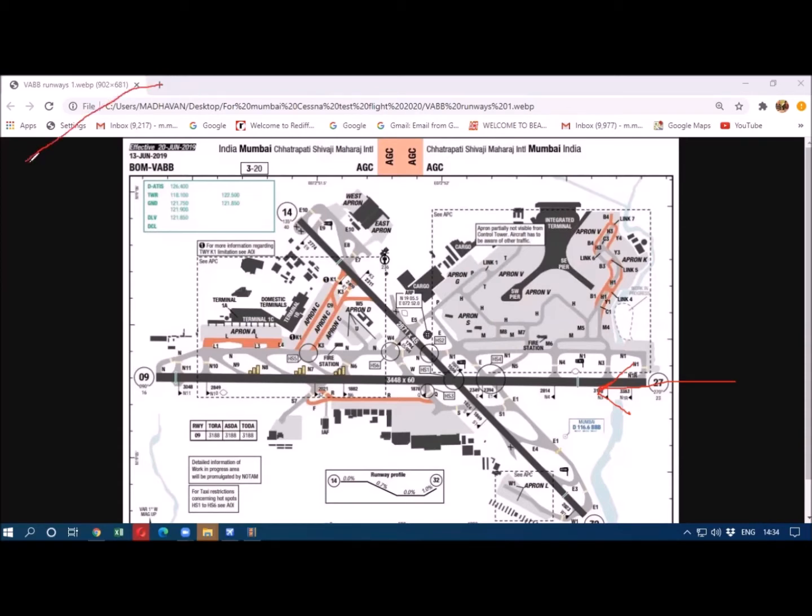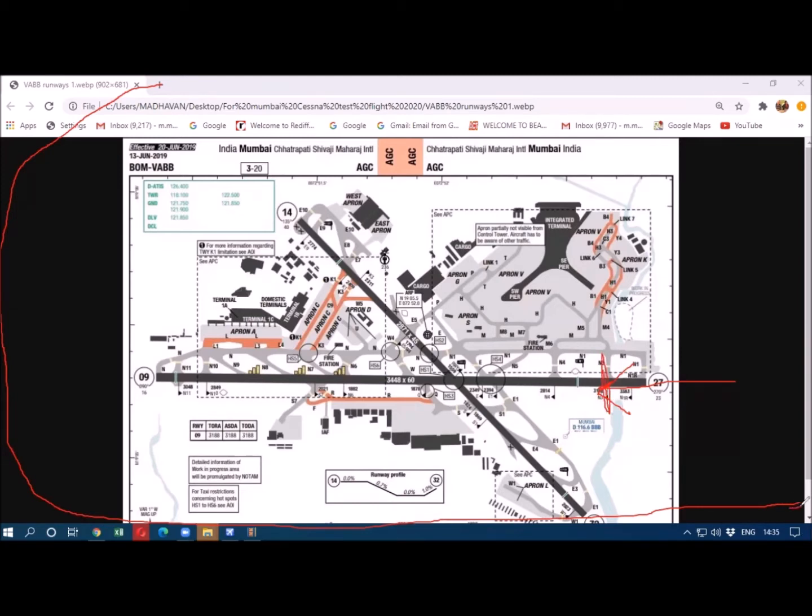This is not to scale, and we will come over the sea, Arabian Sea, take a turn and come here, again not to scale, at around 10 nautical miles from the touchdown. This is the touchdown zone.